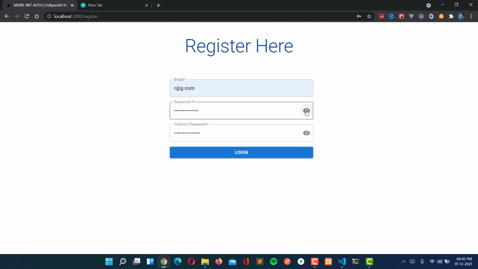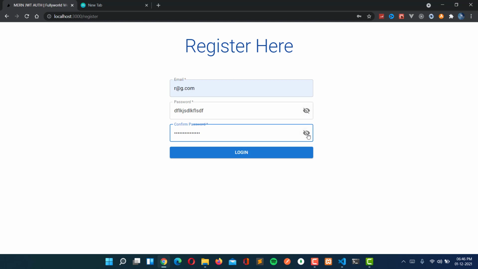This icon is only dependent, but the other, whenever we click here, these are independent. So password rendering is independent from password to text, but see that whenever we click here, this will turn into text, but this will not turn into text. But these both icons are turning at the same time.